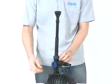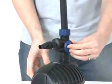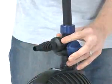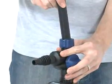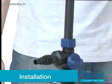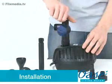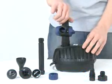Each outlet is individually adjustable. A swivel ball joint is also included to enable accurate fountainhead alignment, particularly when the pond floor is not completely level. Installation. Firstly, remove all packaging and read the instruction manual carefully to familiarize yourself with the product and the